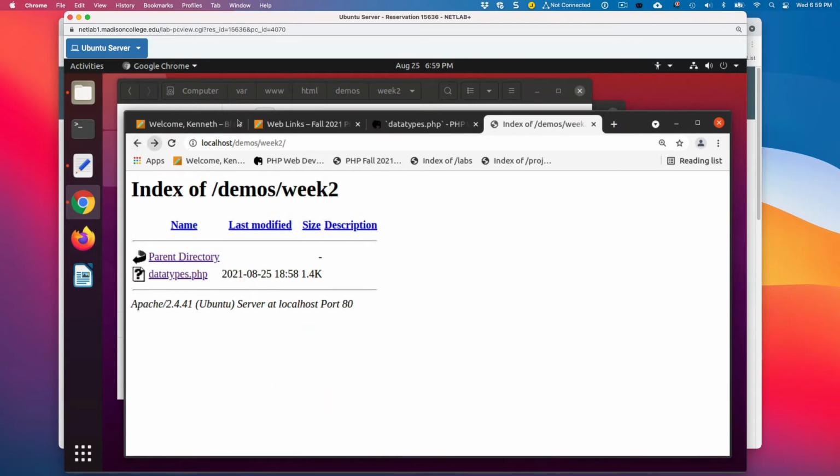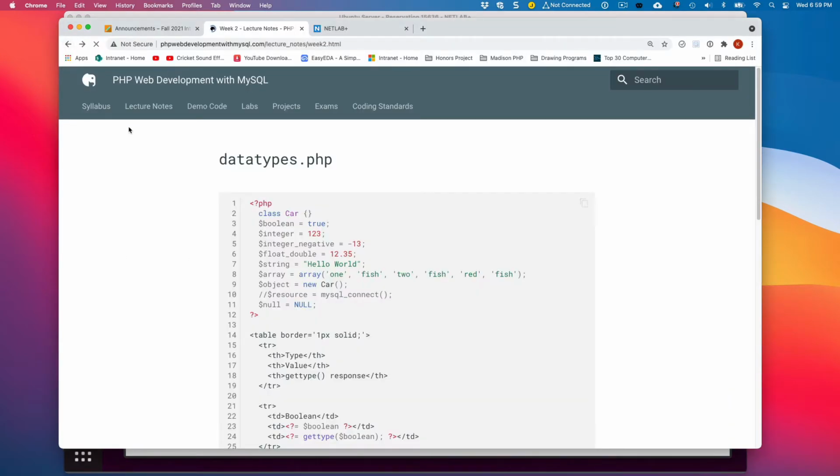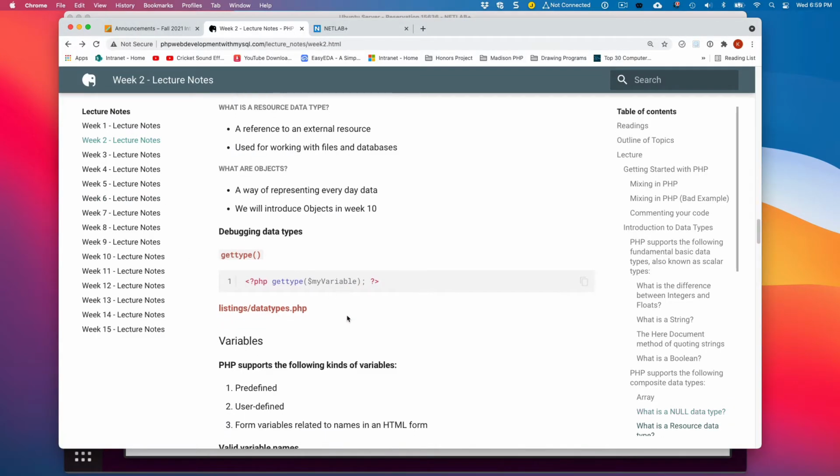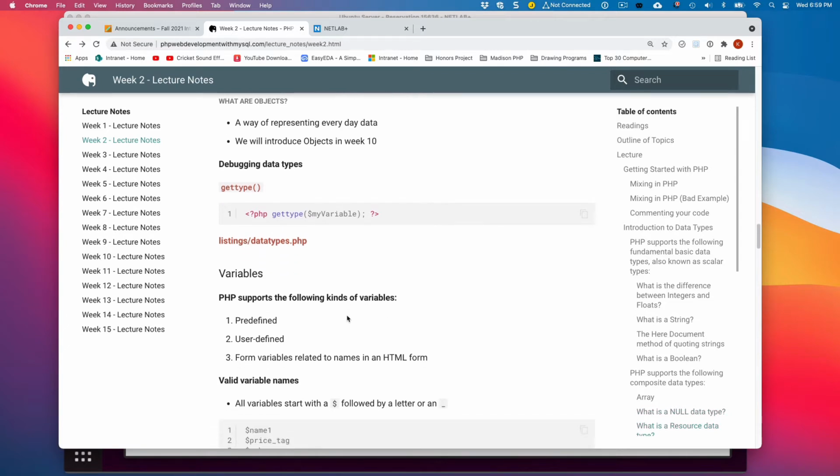Okay, so going back over to the lecture notes, we'll talk a little bit about variables. PHP supports essentially 3 different kinds of variables: predefined, which are constants like pi; super global variables, which are really form variables; and user-defined variables, which are the ones that you define.